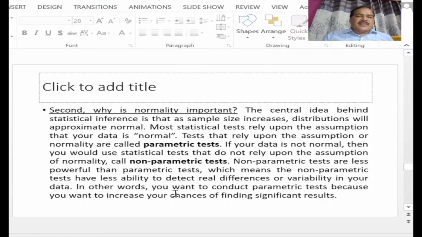Parametric tests are basically a robust technique for the determination of differences, or a robust technique for the determination of relations. If we compare the parametric test with the non-parametric test, the parametric tests have robust parameters, while in the case of non-parametric statistics,